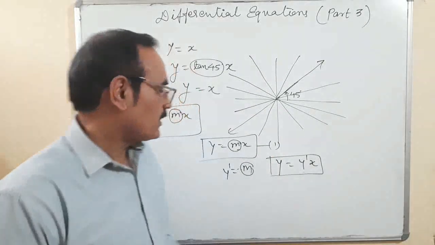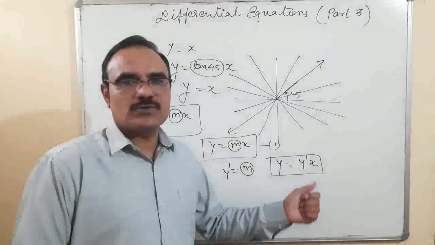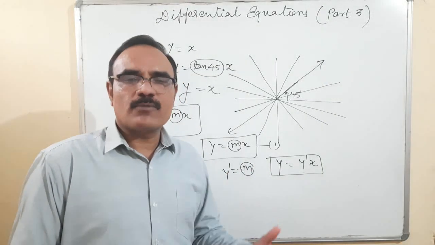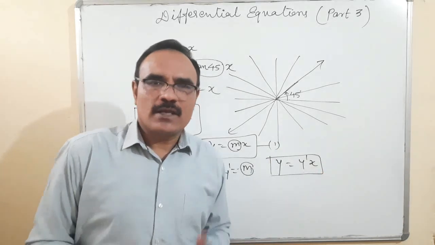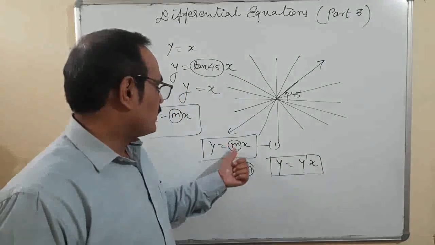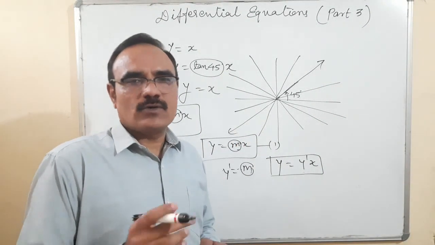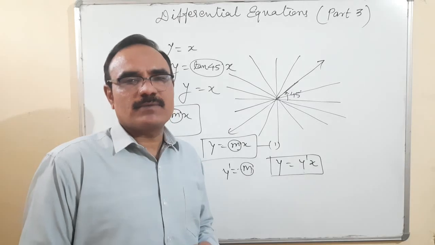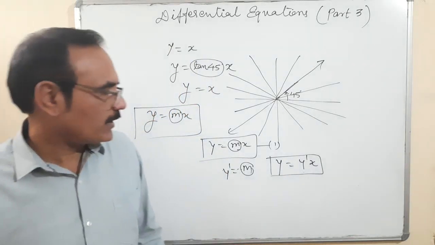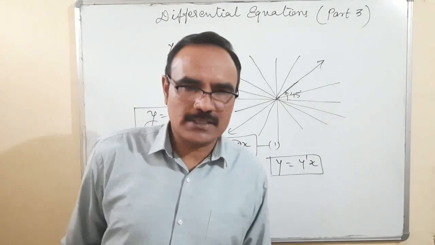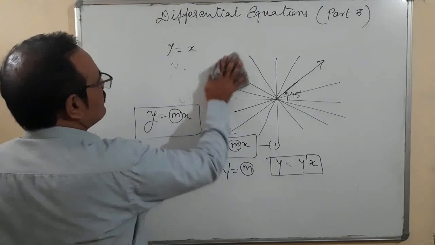Is it okay? Because there is one constant m, we replace it. The differentiation is used one time. If there are two or more arbitrary constants, we can differentiate two or more times. Somehow we want to eliminate these constants, and in place of that we put the derivative terms like dy by dx. So that is one, which is talking about the equation of a line.